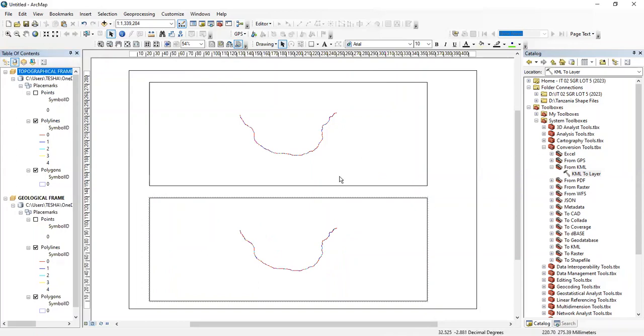Now it is time to look for an appropriate scale which can be used to fit what we have plotted into our frames. So right on the topographical frame, let's try to